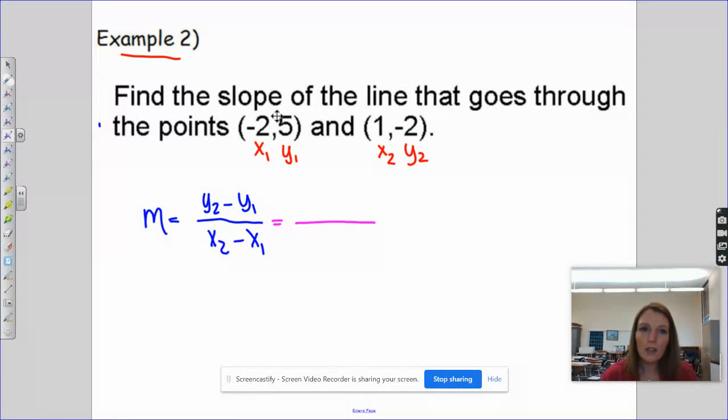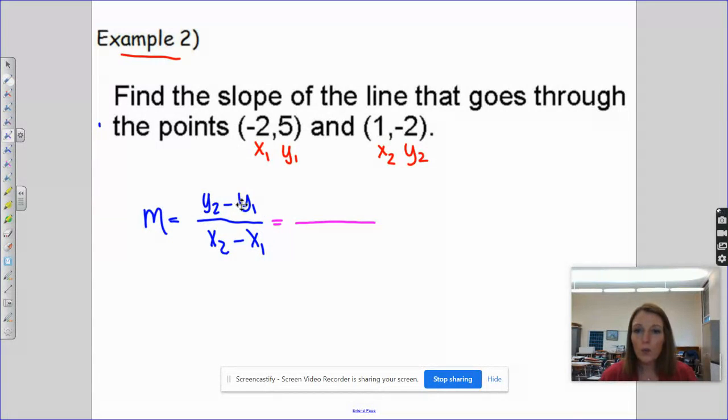So I'm just going to post the last two examples from the notes. And remember, we're just practicing using the slope formula. Slope is just a measure of the steepness of the line, and the sign of the answer also tells us whether the line is increasing or decreasing from left to right. So what I do when I'm given the 2 points on the line is in the formula,